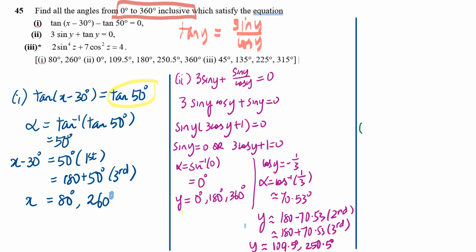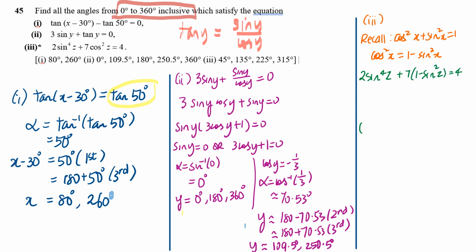Okay, part 3, there's a star there. What does a star mean? Star means it's a bit tricky. Okay, but it's not exactly that difficult also, right? You have to use your trigo identity to replace your cosine squared z with 1 minus sine squared z. Then you will have an equation. But you can still factorize it as per normal, even though it's the power of 4. You can still use